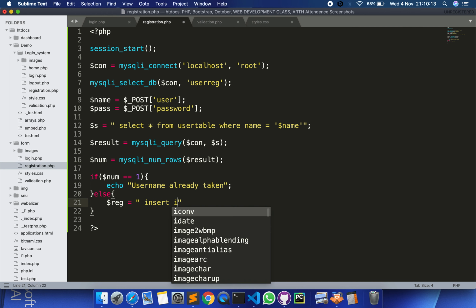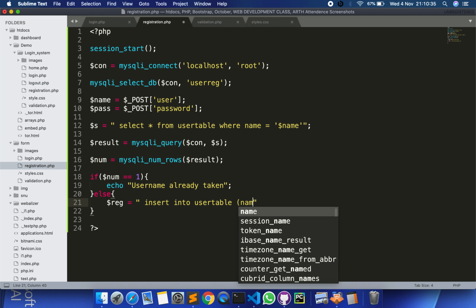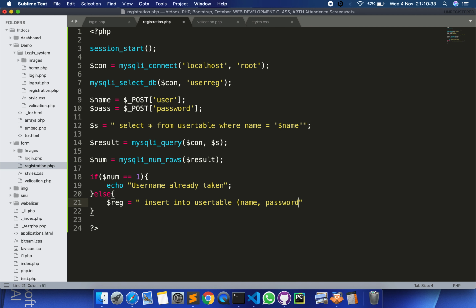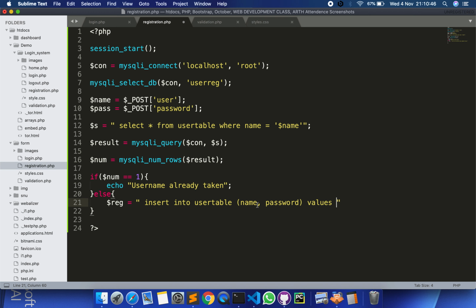So insert into user table, name and password. We need to insert both of these values, and finally values. So these are the names of the columns that we have created in our database, and now we'll be putting up the values.